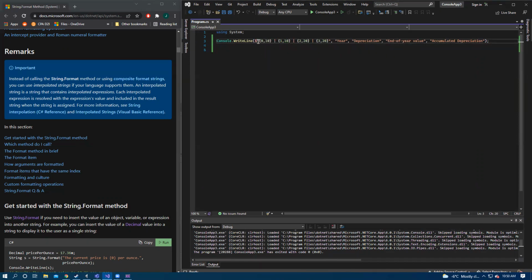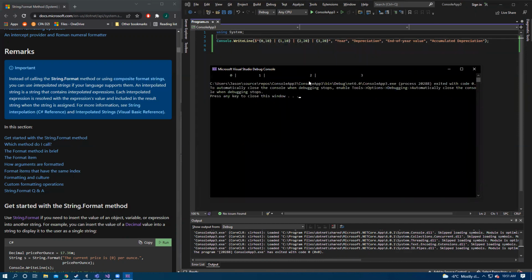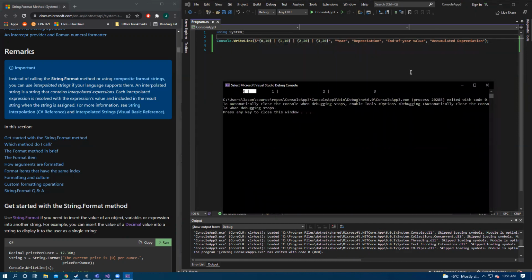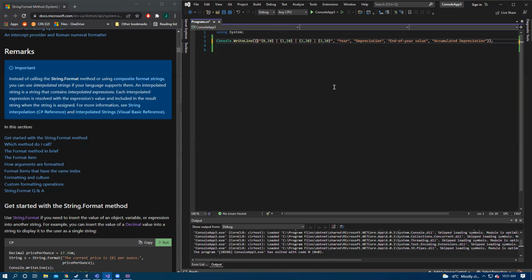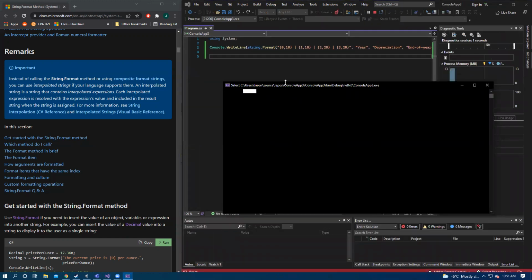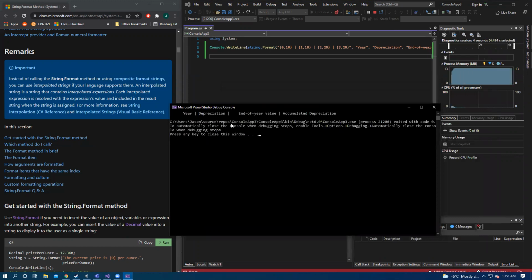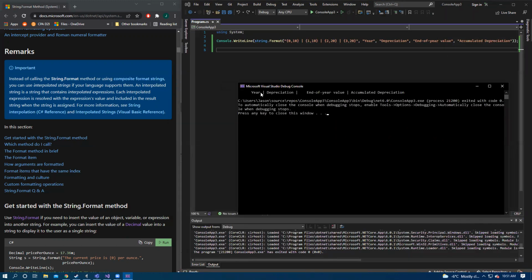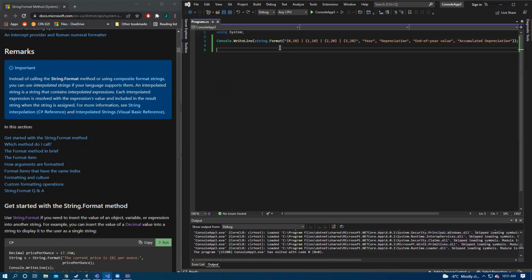Interestingly, this is the index form. The index isn't pulling in this. Exactly, which is different. Not pulling in which, sorry? So you can see here that it printed 0, 1, 2, and 3 instead of year, depreciation, end of value. Gotcha. When it should print out year, depreciation, end of value, right? Yeah, exactly. Other ways of approaching this.